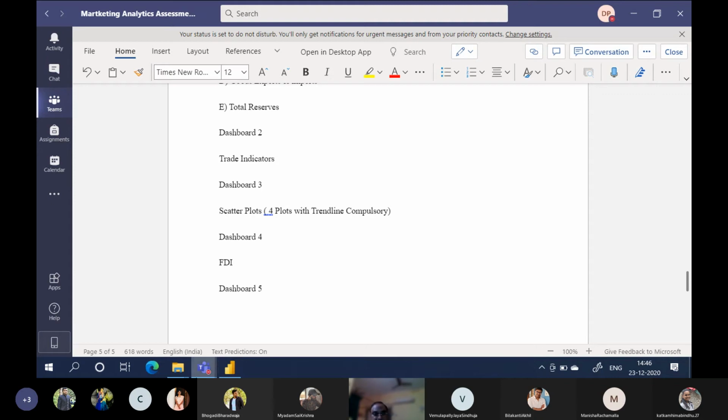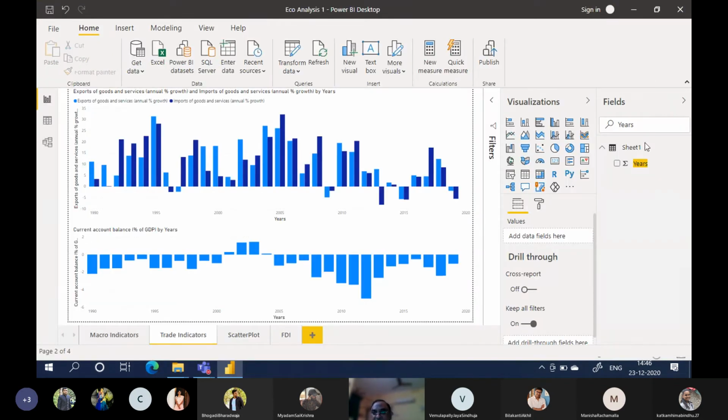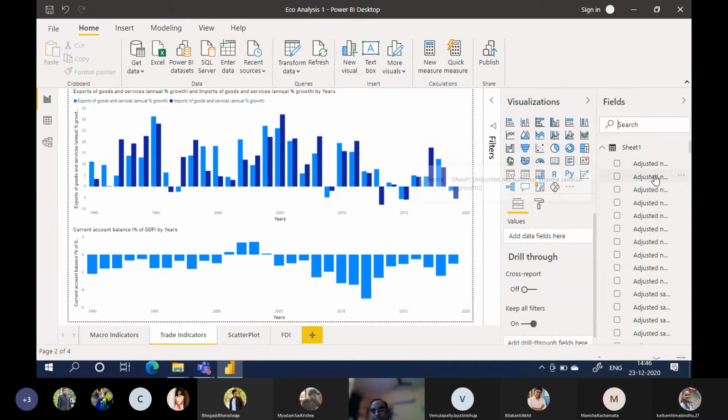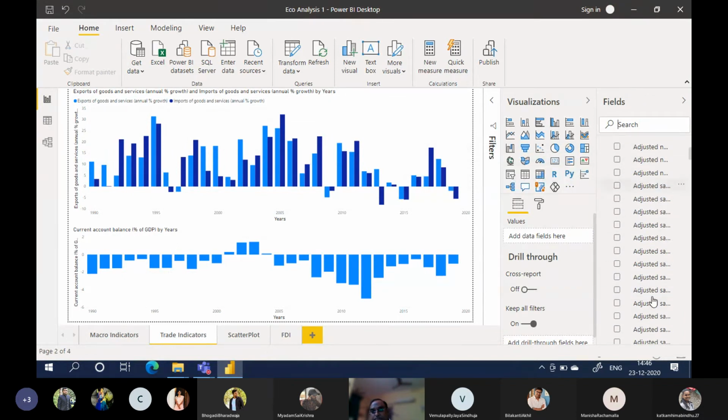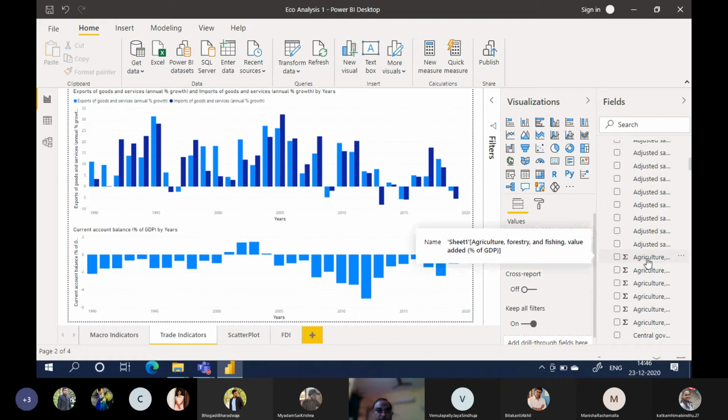I think there are education indicators in our data, right? Guys, there are education indicators. Anything related to education? The adjusted savings. Create a dashboard for agriculture also. So agriculture percentage of GDP, agriculture, forestry.